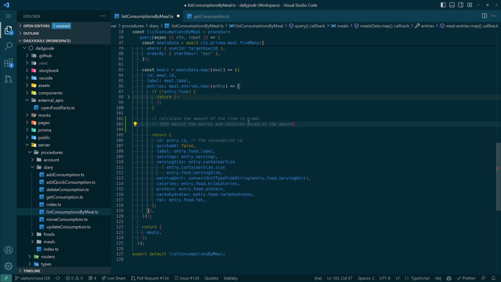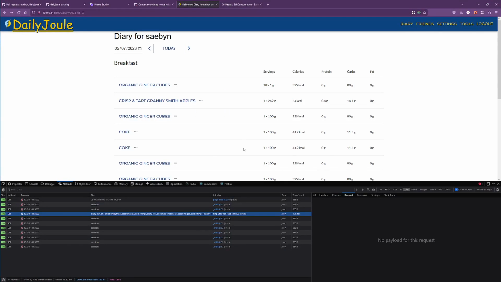But that being said, when I say macros, I think what I mean are protein and carbs and fat, and then calories are a measurement of energy. And so I don't think calories count as a macronutrient, which is what macros is short for, I think. But anyway,